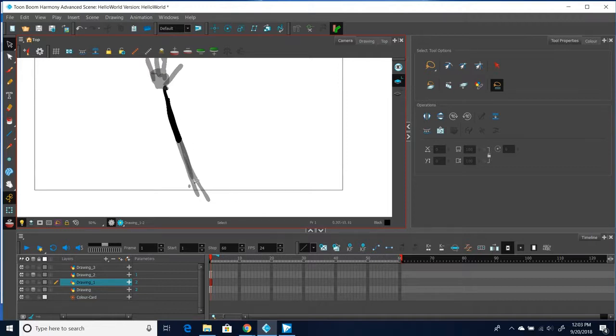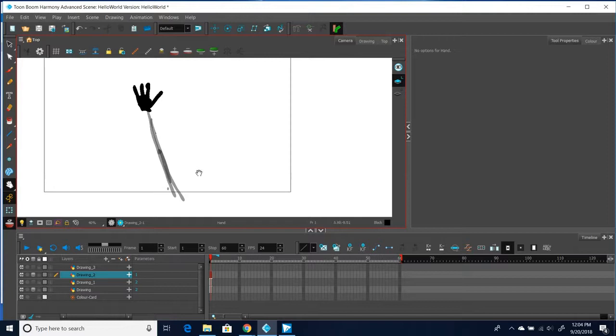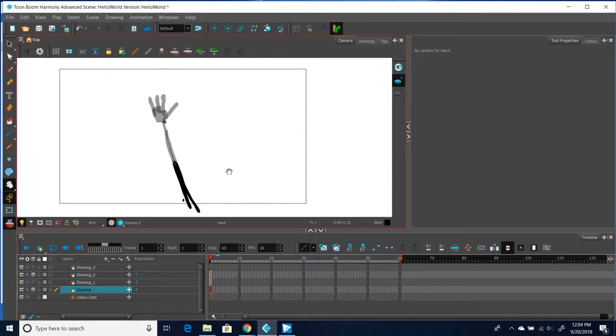Okay, so upper arm, forearm, hand of our little pear-shaped guy, and he's going to say, hello world. He's going to wave at us. So one of the first things I'm going to want to do is adjust the pivot position of this element. Because right now,